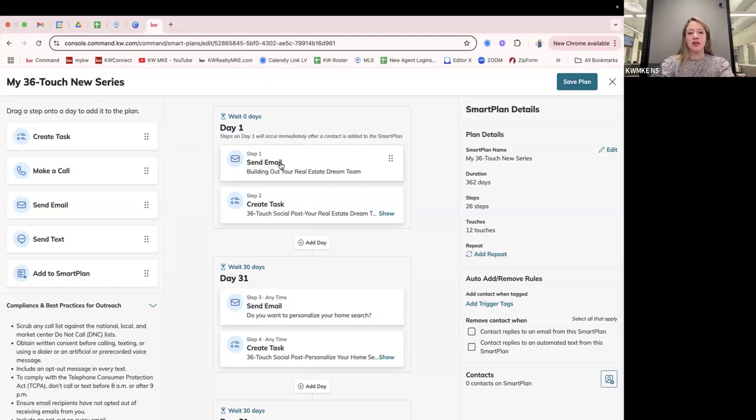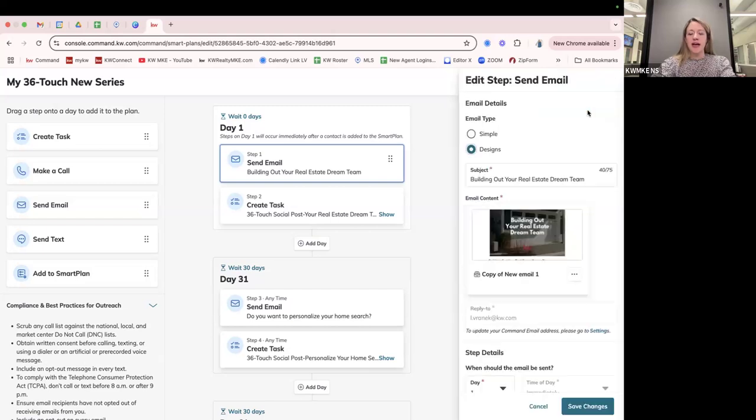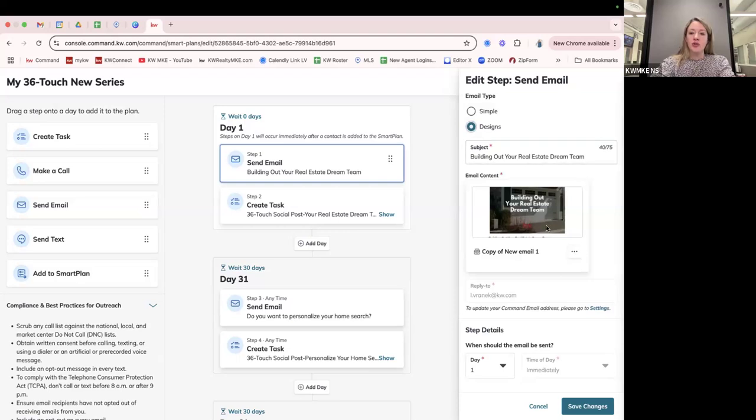But then if you want to take a look at some of these details, these emails, click on each one of these rectangles, these sections here. So step 1 is to send an email. And you're going to be able to see the subject line, and you can also preview the email. You can also take it one step further, and if you want to make edits, so if you want to change that subject line, or if you want to edit the email content, click those 3 dots in that box there,